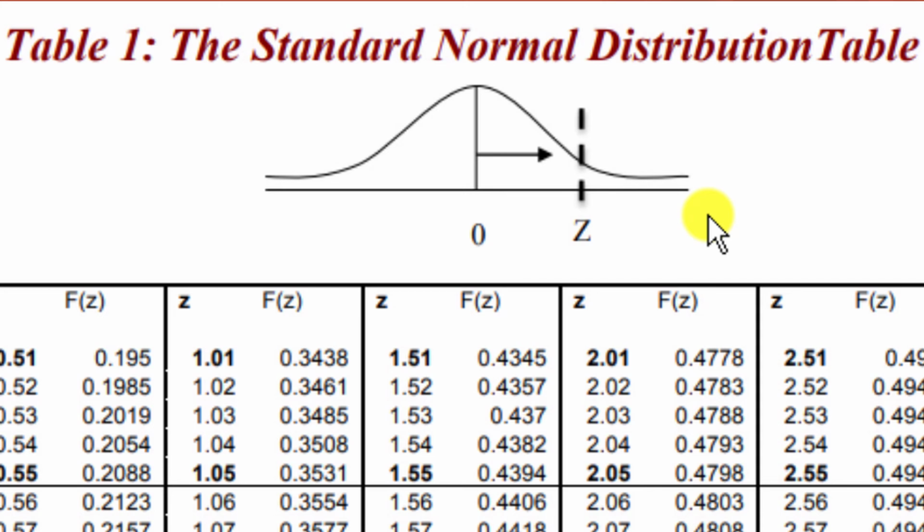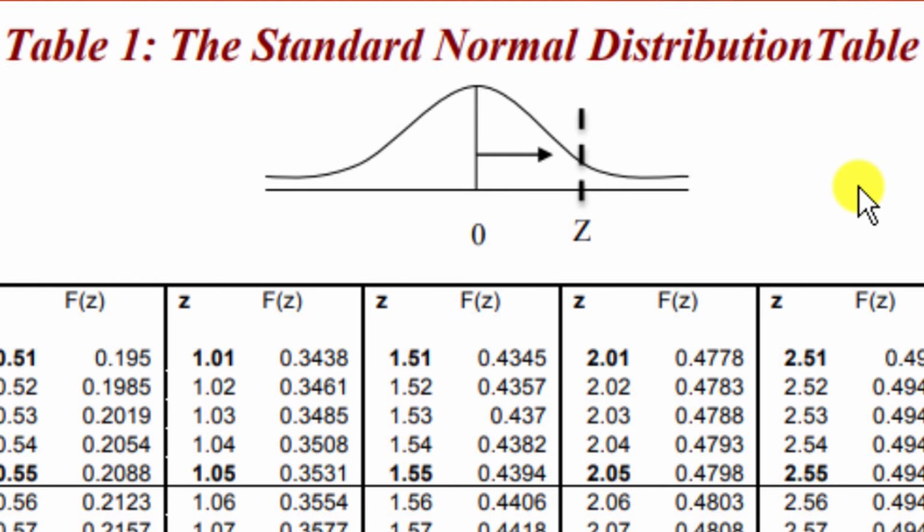Here we can see that this table is solving for the probability from the mean of the distribution up to the z-score, so the area right here. Other tables might solve for different areas, such as the probability less than your z-score, or maybe something else, so always check the picture first.